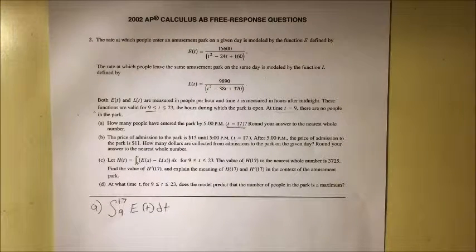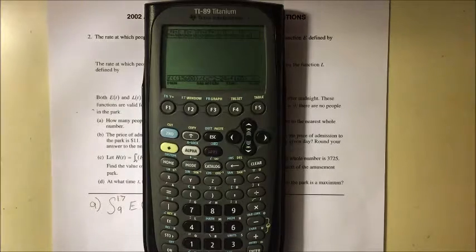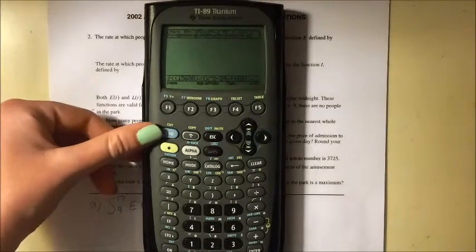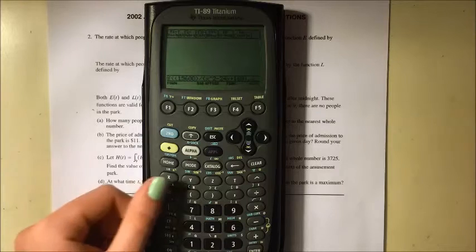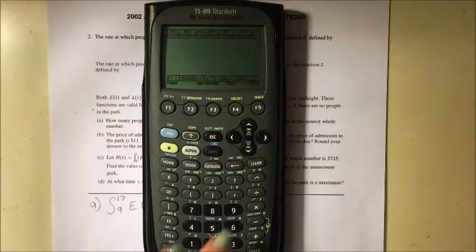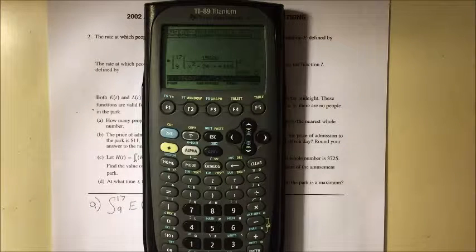You could solve this integral by writing it out by hand, but why not make your life a lot simpler and just use a calculator? If you want to solve an integral on the TI-89 calculator, you first hit the second button, then the 7, which will bring up the integral symbol with an open parenthesis. In that parenthesis, you type in the function you want to integrate, then comma, x, because you're taking it with respect to x, another comma, and your lower bound number, and then last comma, and your upper bound number, and close the parenthesis and hit solve, which gives us an answer of